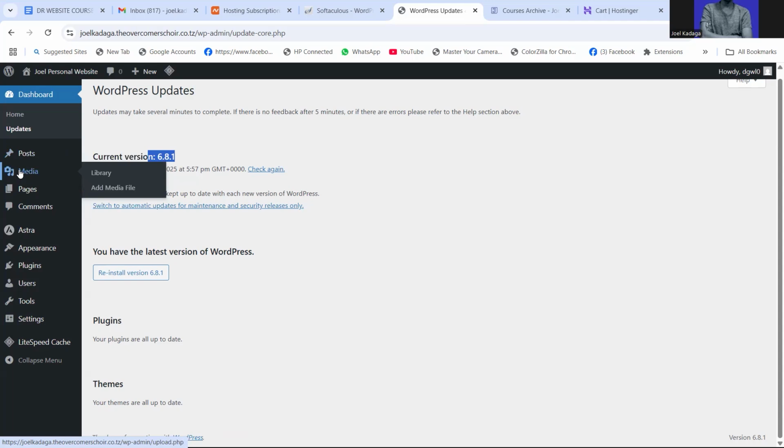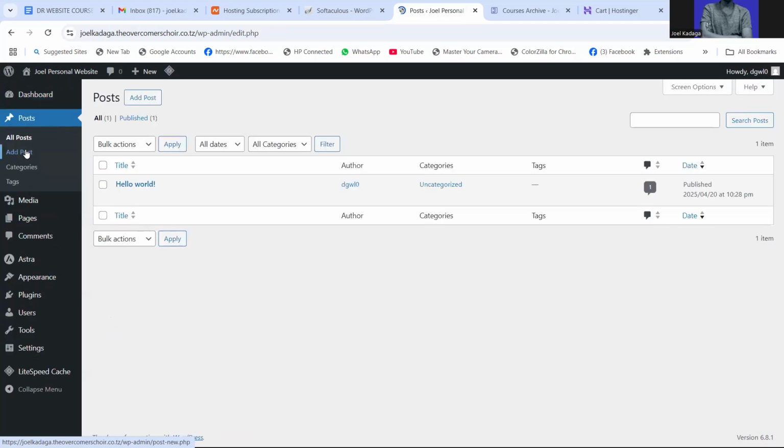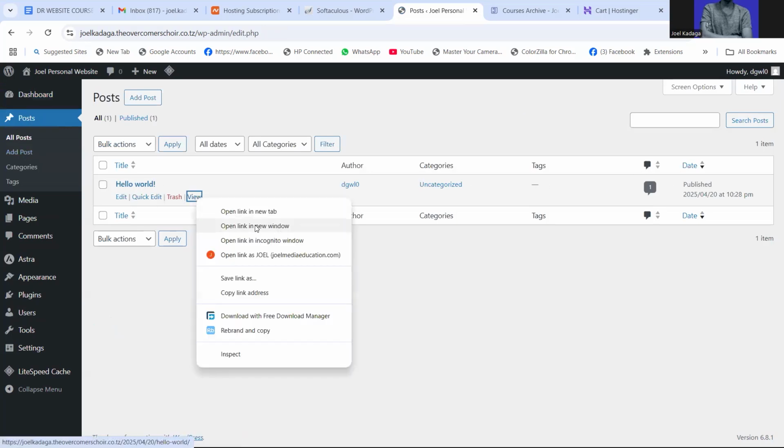The next one is media. In the media is where I told you that you can see all files that have been added to the website. So let's just try the post. So when I click post, you can see right now there is only one post. When we view this post in a new window,